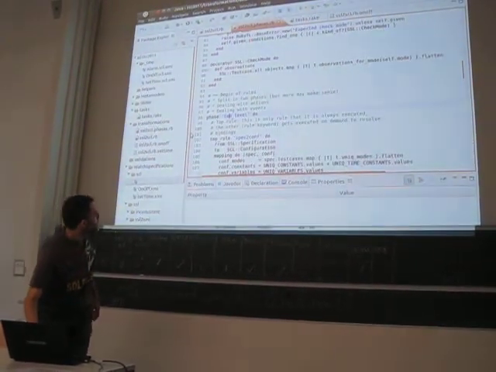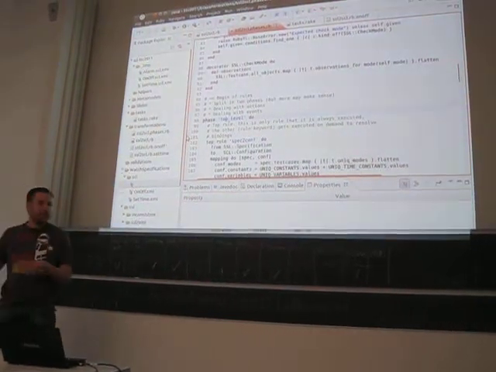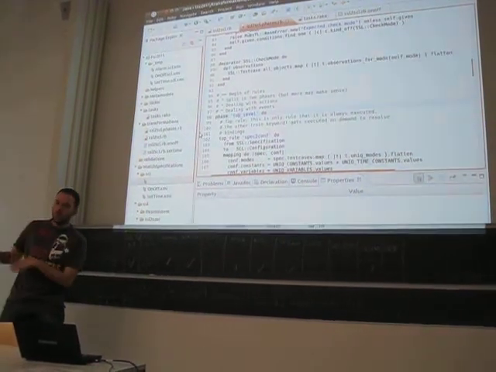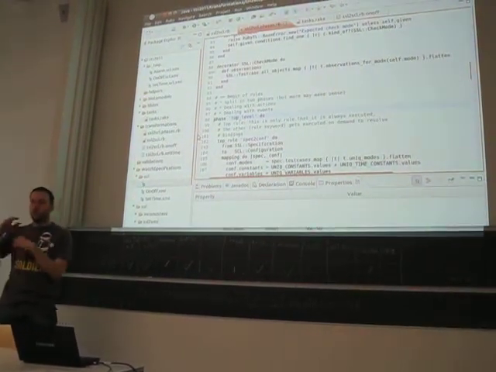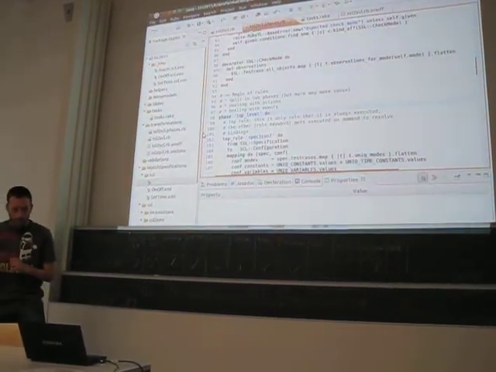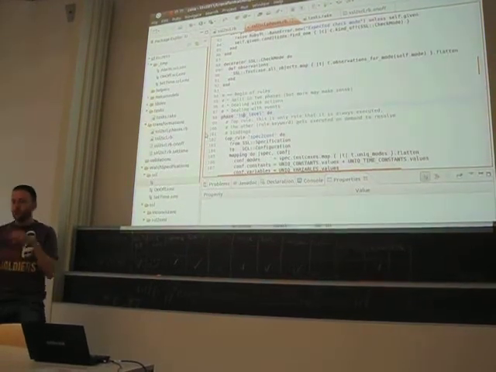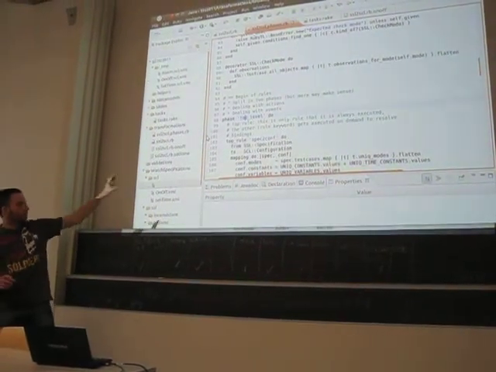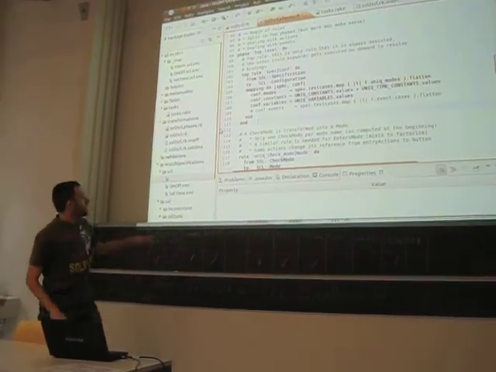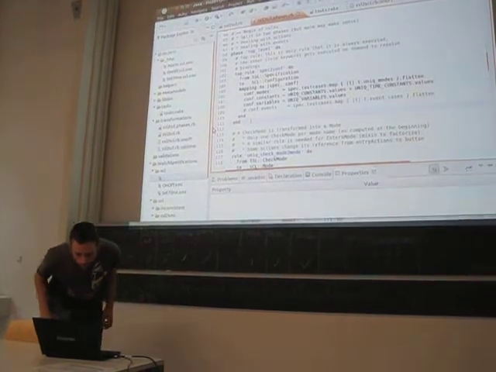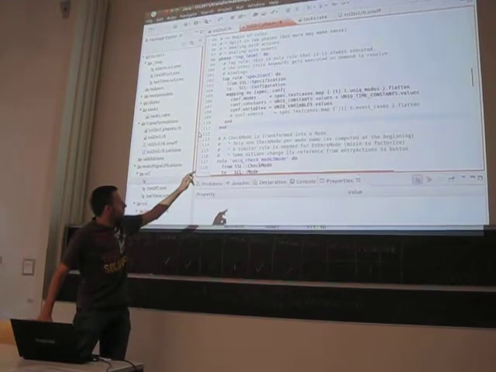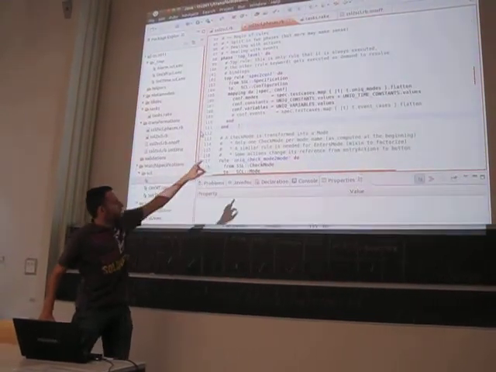Basically, the transformation is split into two parts, but it could be more. The first one deals with actions, and the other one deals with events, so that you can, for instance, complete the rules, putting some rules in this phase and the others in the events phase. So here, the specification is mapped to a configuration, and then you assign the modes that you get from a helper.